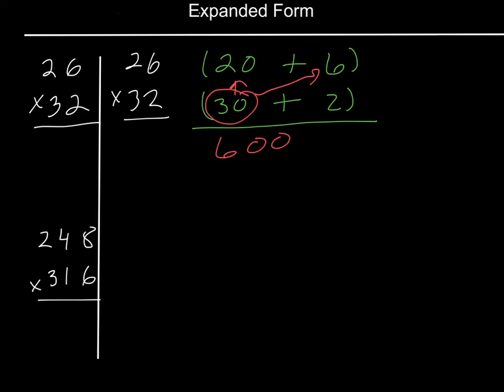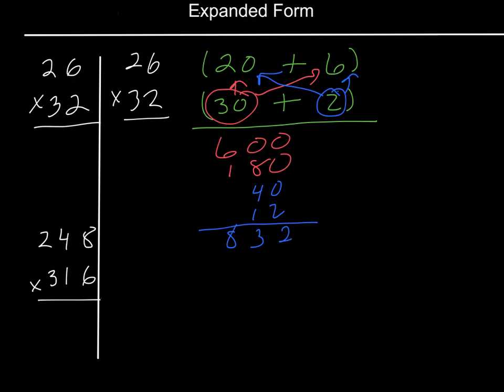And 30 times 6 gives me 180. And then I'm going to multiply 2 times that one, which gives me 40. And then 2 times 6, which is 12. And if I add those all together, that's 2, 12, 13,